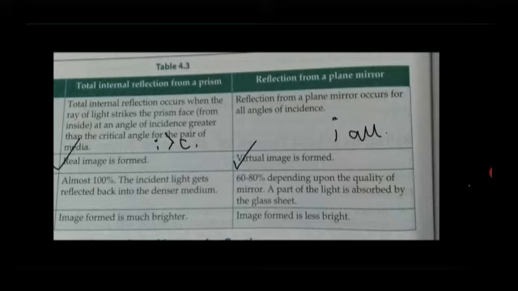Important point: almost 100%, meaning the incident light gets reflected back into the denser medium, and 60 to 80% depending on the quality of the mirror, meaning whether the maker built it well or not. It depends. The image formed is less bright here, and the image formed is much brighter there because it's a better quality thing.